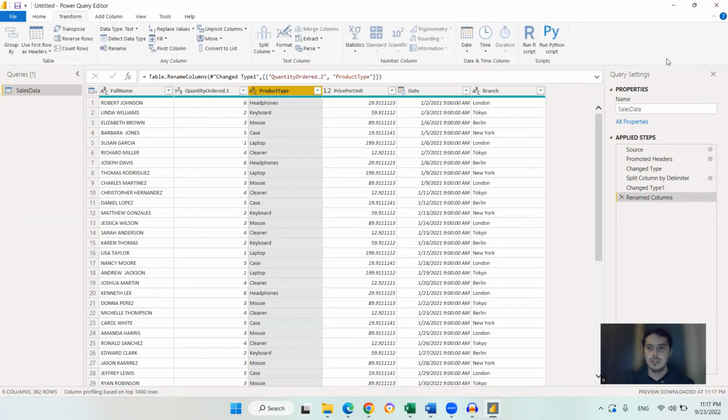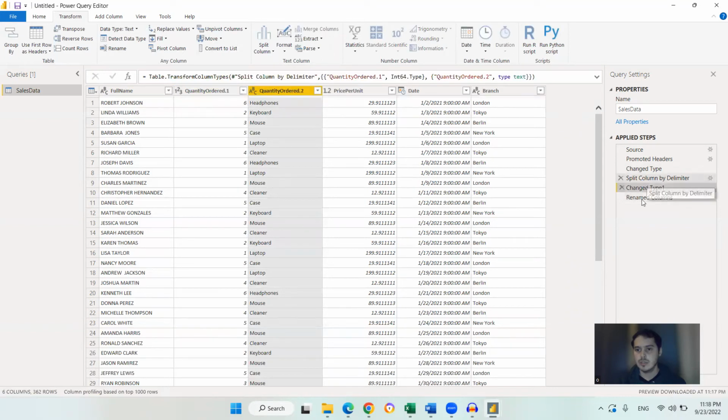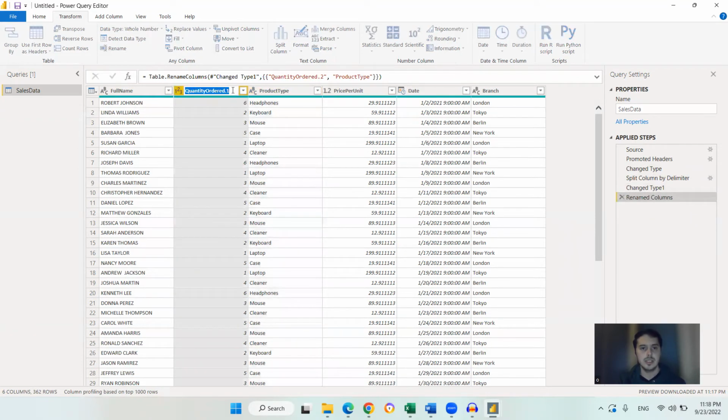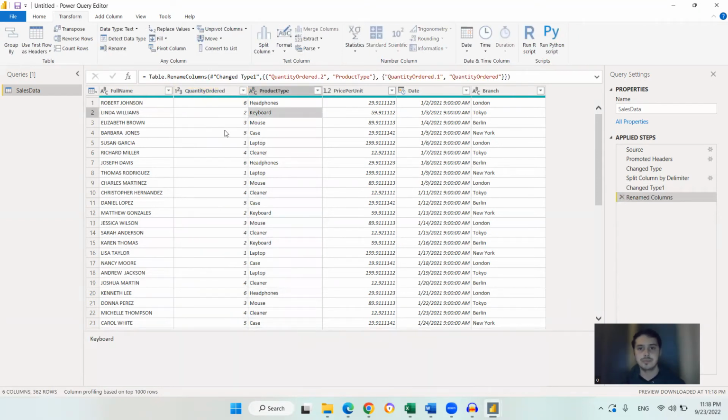Go. And yeah, by the way, all of the changes are being recorded here. So if you want to undo any of them, you can just hit the X. And if you want to just view the previous changes, you can just go around it. So everything looks good now. We have the quantity ordered, and we have the product type in a separate column. Now, the next thing that we want to do is we want to take a look at this